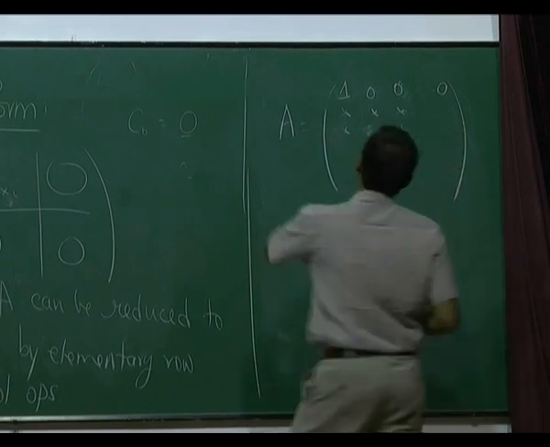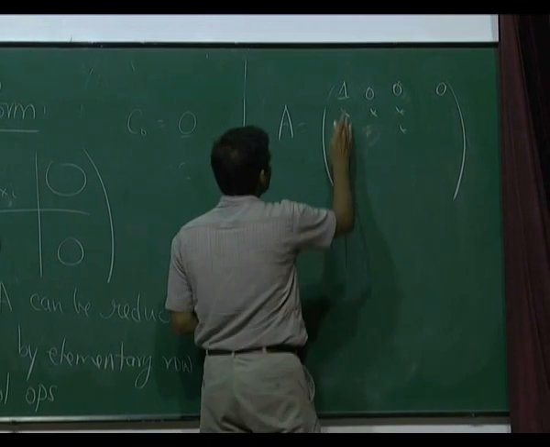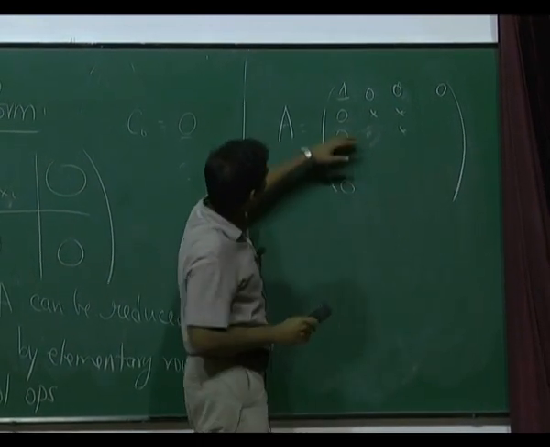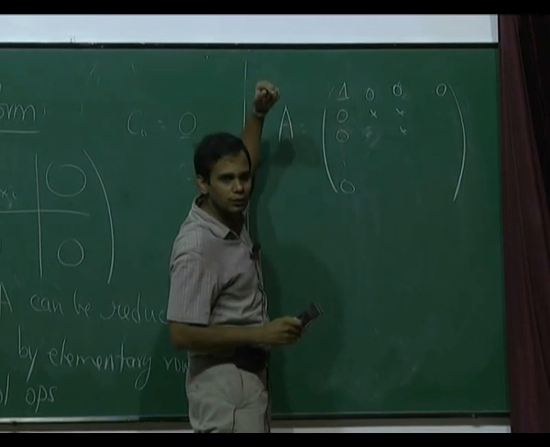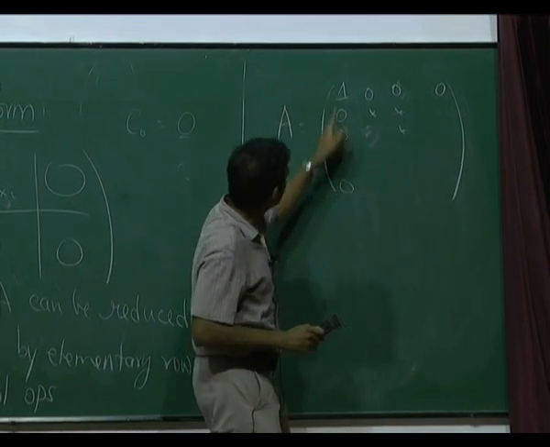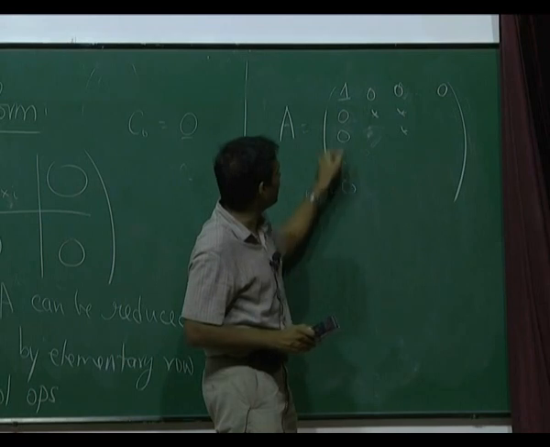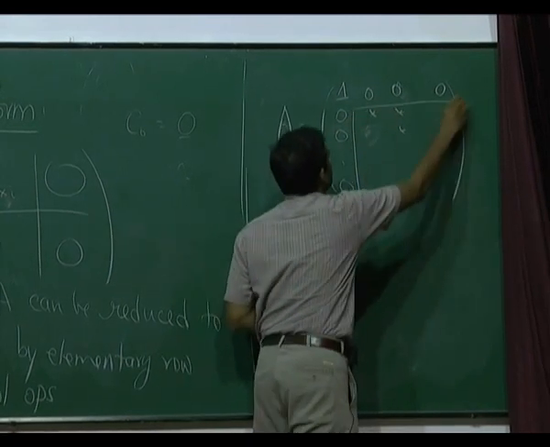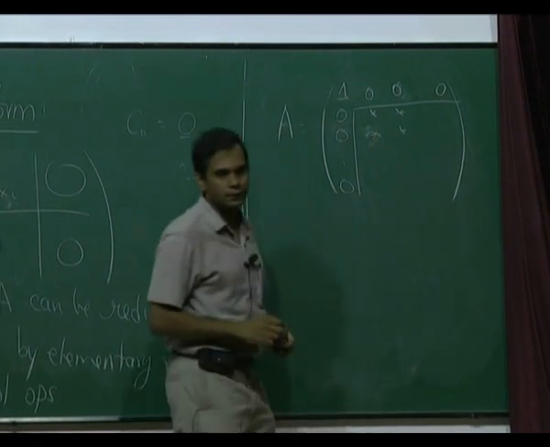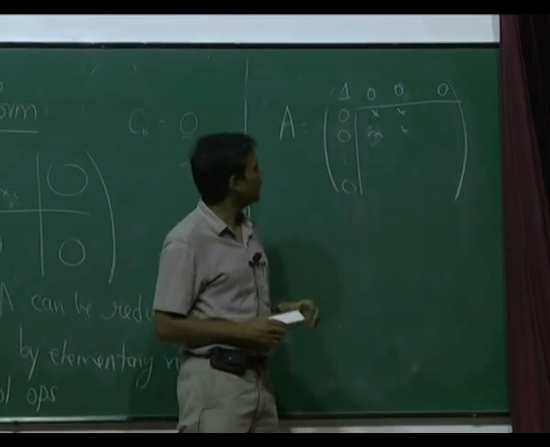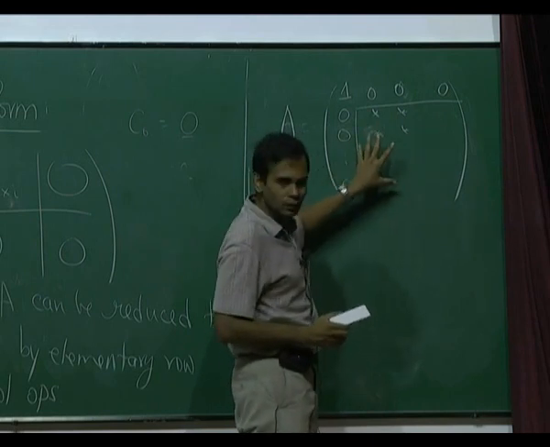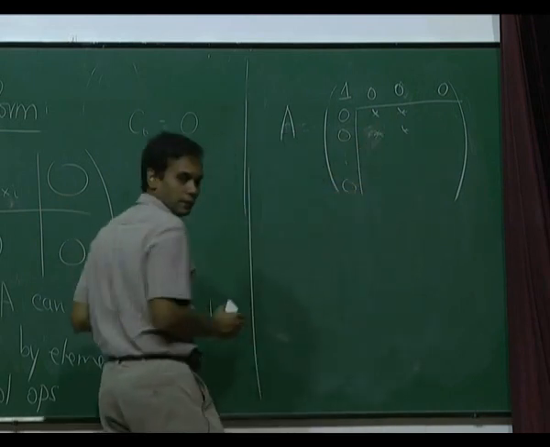And similarly, you can make the first column also 1 0 0 0 by subtracting appropriate multiples of the first row. So now this first row and first column have been made correct. And now you look at this submatrix, a slightly smaller matrix. And now you do the same kind of thing. Suppose this submatrix is 0, then you're done, you got C1.